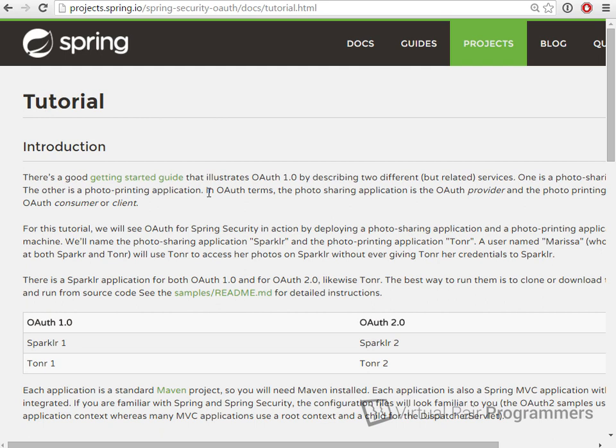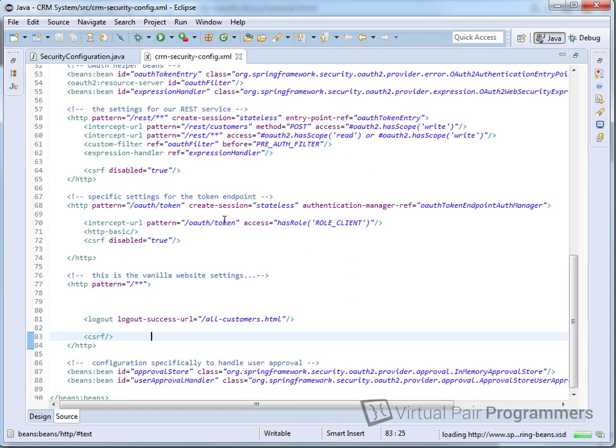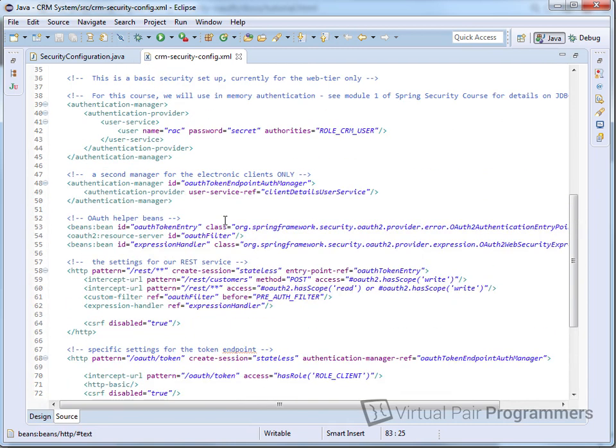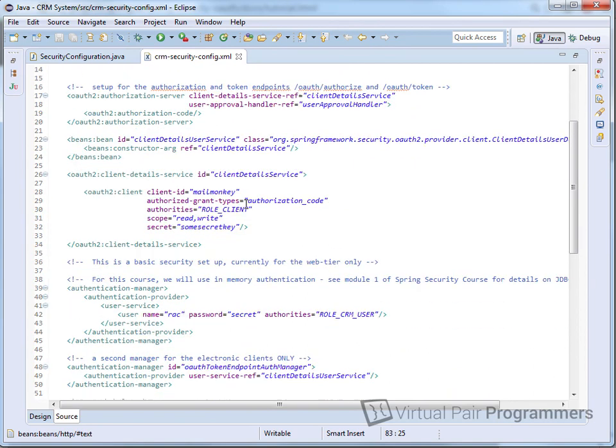And I've taken so long to record this because I had so many niggly problems where I would get one feature working and accidentally break another feature. But actually, the end result of this work is that the code that you're about to see here on this video is pretty simple and straightforward. And I think the big mistake I made when I was preparing this section was I tried to do what I've been doing throughout this course, and that is going back to the original XML that I used on the previous Spring Security course. And I kind of went through here taking every OAuth tag and I tried to convert